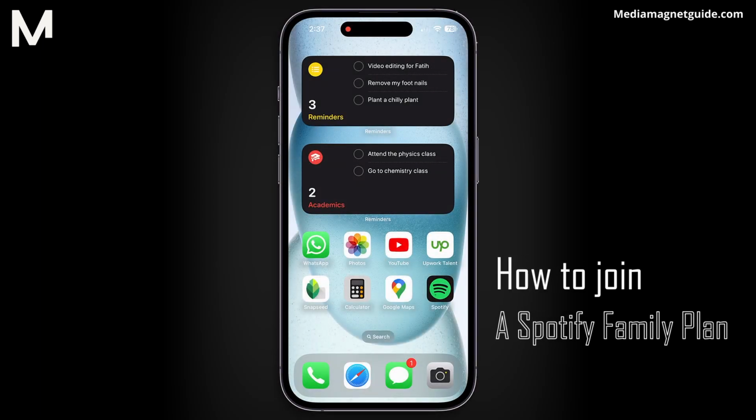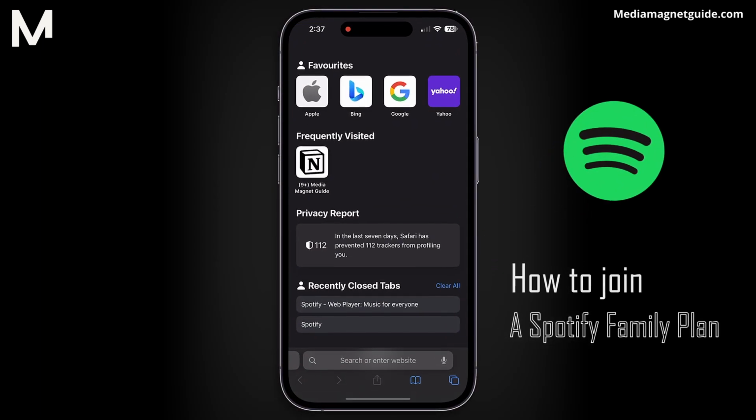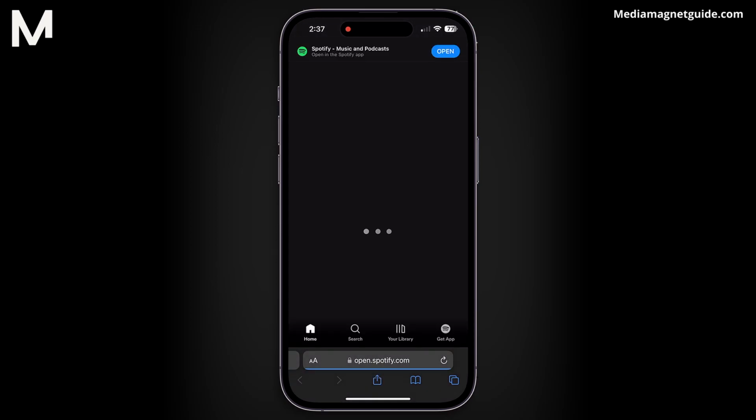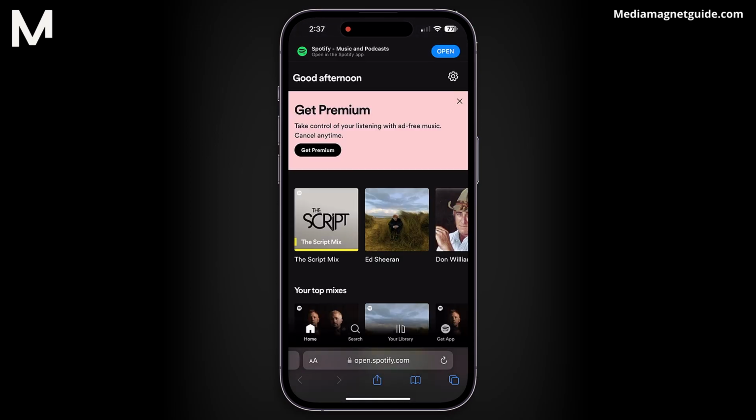Have you been wondering how to join a Spotify family account quickly and easily? Well, you're in the right place. Today, I'll guide you through the process, whether you're using an Android or an iPhone. Let's get started. If you want to join a Spotify family plan, open your Spotify app and log into your